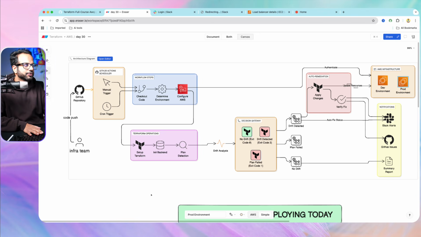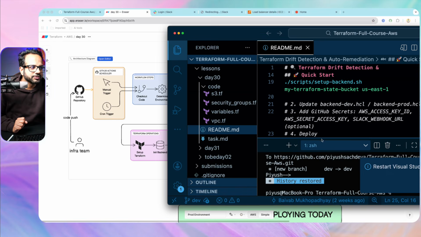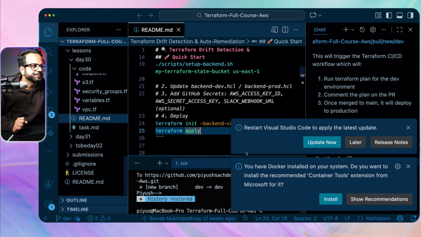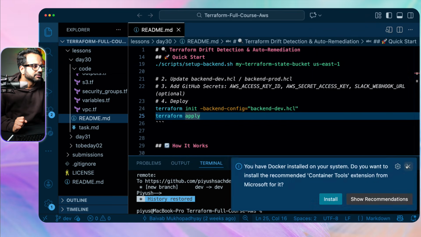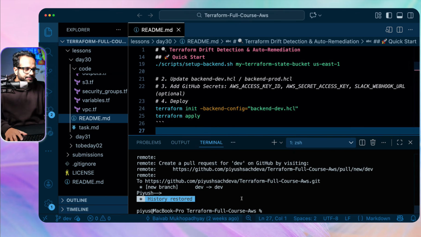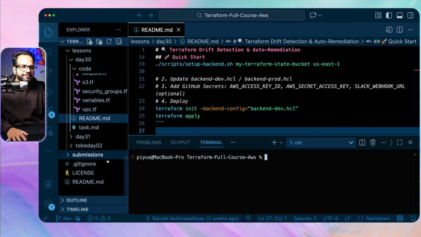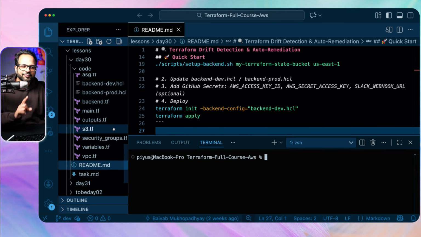What are we going to do? Let's move ahead to the GitHub repository so that I can show you. All right, let me close these things. Okay, so first, I'm not going to walk you through the code,